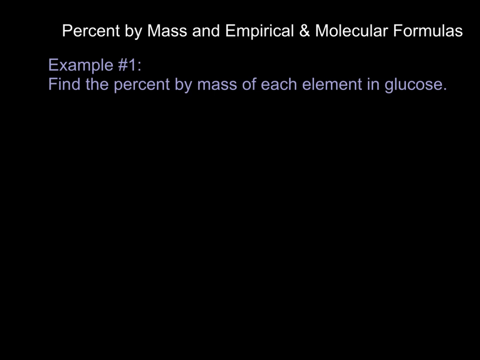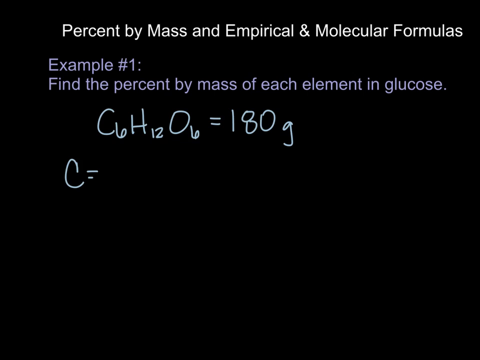So example number 1 asks us to find the percent by mass of each element in glucose, which we know is C6H12O6. And we know that glucose has a molar mass of 180 grams per mole. And so when calculating my percent by mass, I'm just going to assume that I have 1 mole to make my calculations really easy. So if I have 1 mole of glucose, I have 6 carbons, and each carbon has a molar mass of 12 grams. And if I have 6 carbons, I have a total mass of 72 grams for my carbon in 1 mole